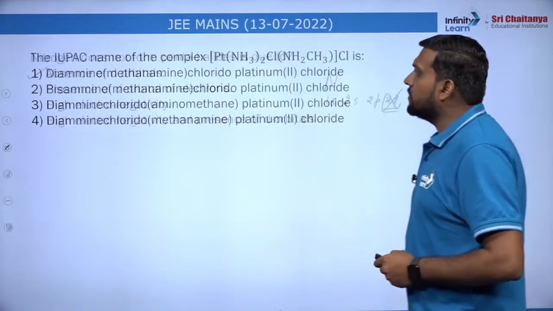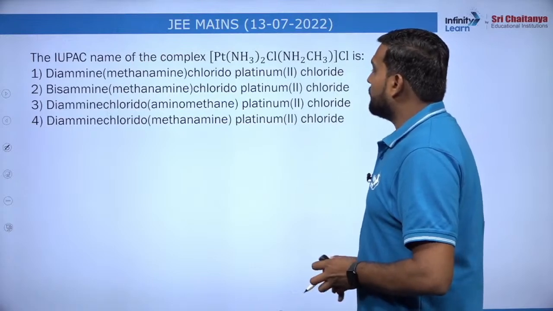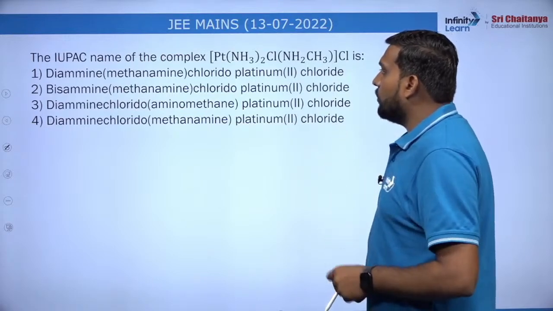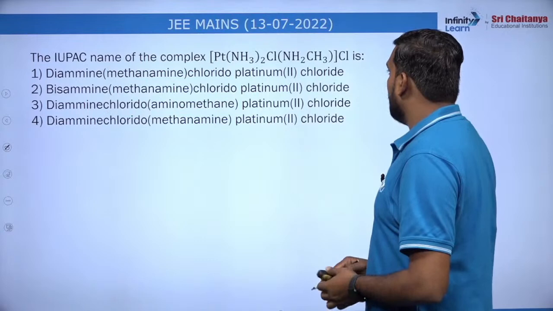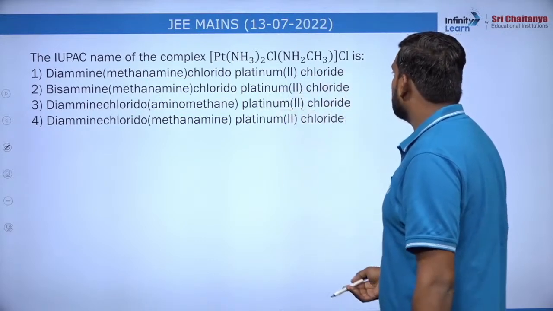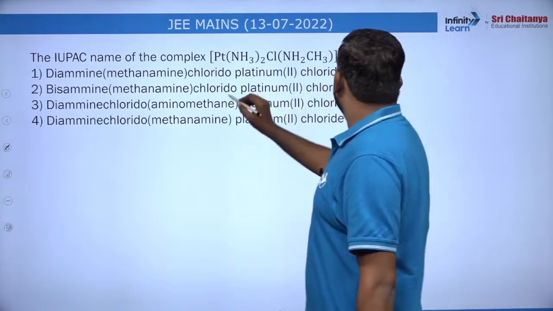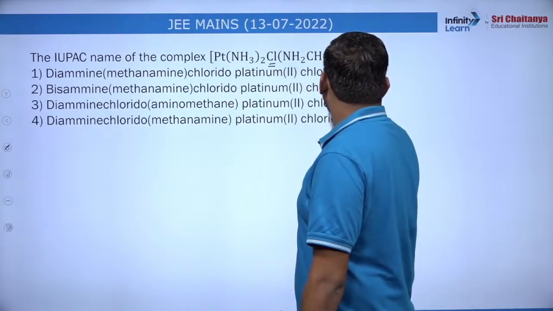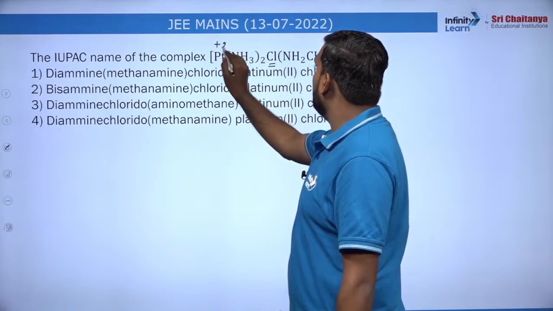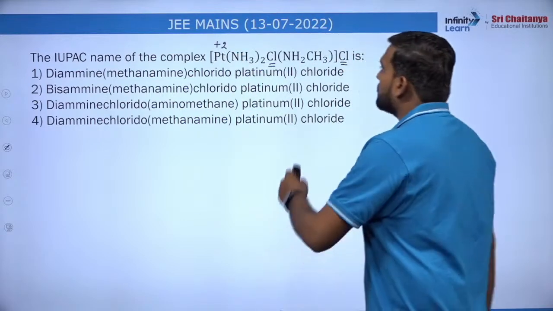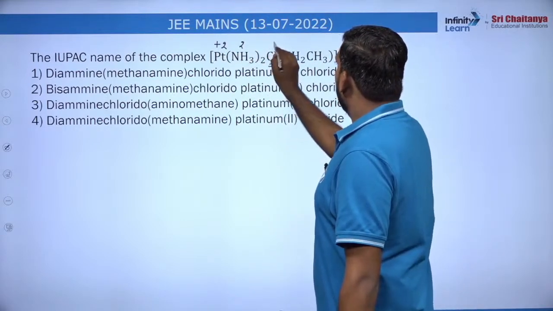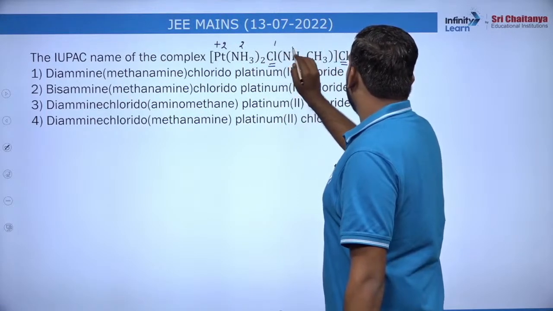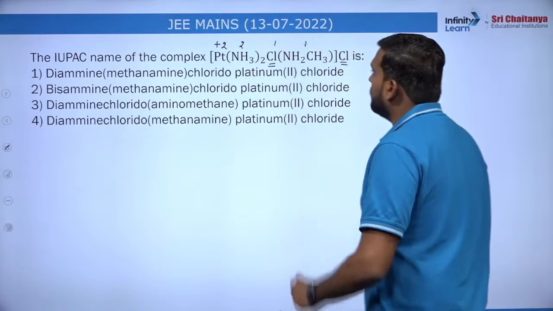Okay, going to the next question. This is from coordination compounds: the IUPAC name of the complex. So you have to give the IUPAC name for the complex. First find out the oxidation state of platinum. There is 1 chlorine, there is another chlorine, so to balance the charge it should be +2. There are 2 ammonia, 1 chlorine and 1 methylamine. So these are present there. So the correct name will be